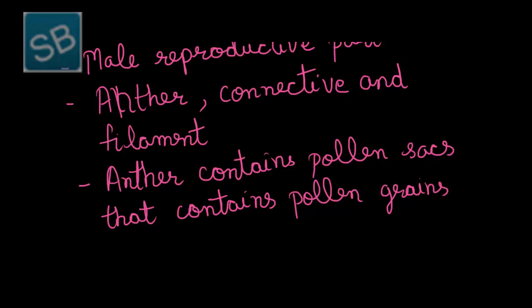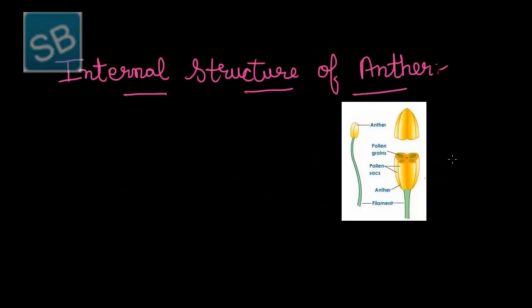Now the number of stamens in each flower can vary, and so it is necessary to understand the internal structure of anther. As it can be seen from the figure, this figure depicts the internal structure of anther. Anther is originally a bilobed structure, but due to the longitudinal layers present within, it appears as a four-lobed structure within. Therefore, the structure of anther is bilobed